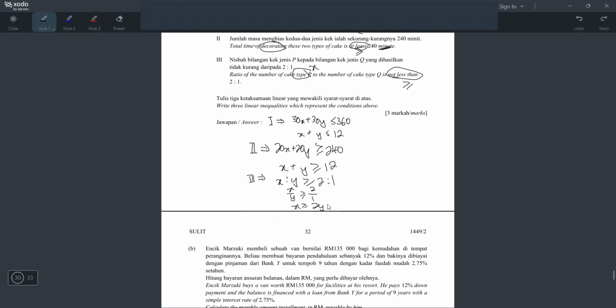But of course, some students want to terbalikkan this, can also. You want to terbalik jadi macam ni, 2y over x, boleh juga. But be careful with the symbol. Because the symbol now, look at the arrow. Dia pointing to 2y. So bila you terbalik, dia kena point to y also. So tulis macam ni pun betul. Tulis macam ni pun betul. So it's up to you lah.